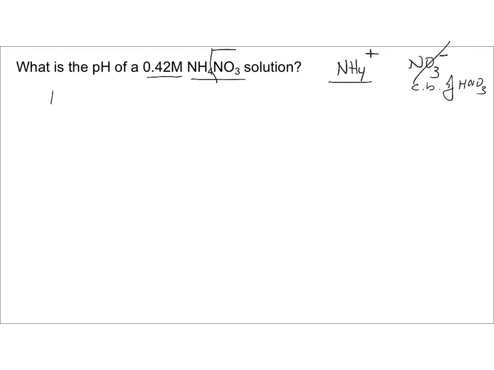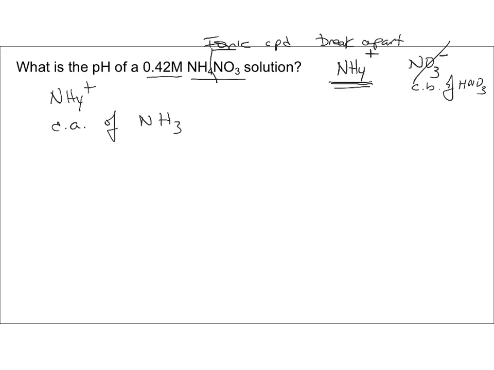Now, NH4+, if we look at this, we know that this is the conjugate acid of NH3. How do we know? Because if we look at this, we know that this, first of all, is the cation. Our cations are going to be our positively charged species, and if it's positively charged, it is much more likely to be acidic than anything negatively charged. So we have NH4+. We know that any time that we have an ionic compound, we're going to break it apart,